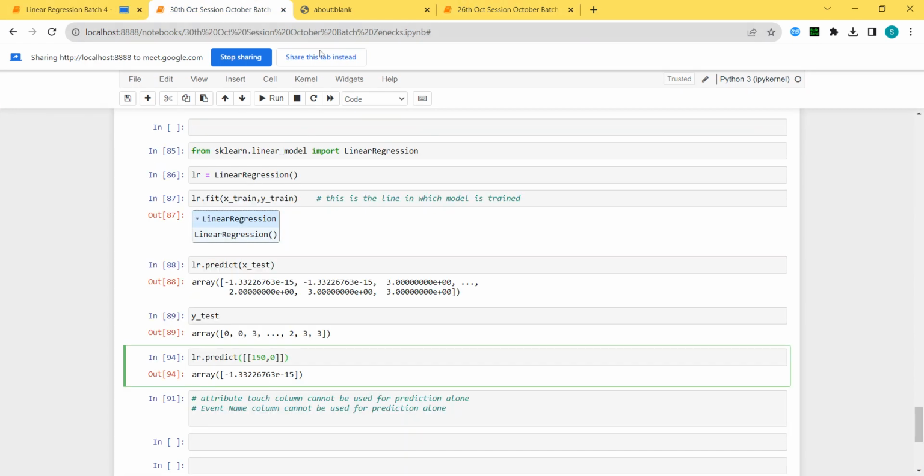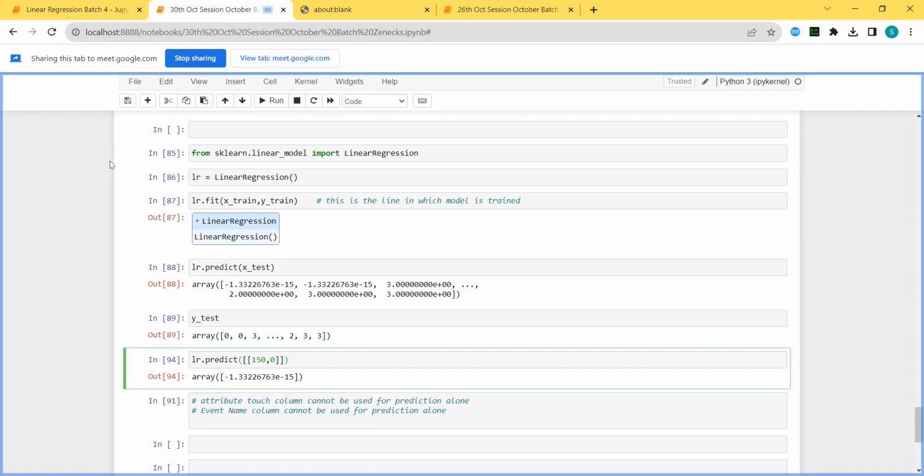But what is going wrong here is, sir, it is not because of our columns, it is because of making a choice of wrong machine learning algorithm. So from this experiment, we got to know how to use linear regression, how to use multiple variables in linear regression, but we also have concluded we cannot use linear regression for this data set. So in the next class, we will see what is polynomial regression.